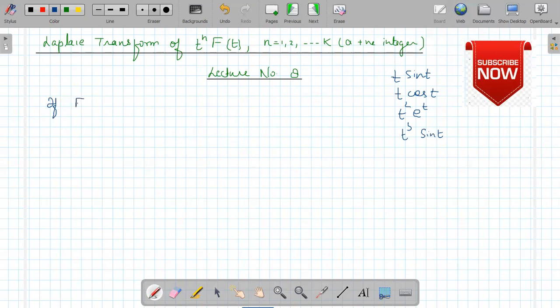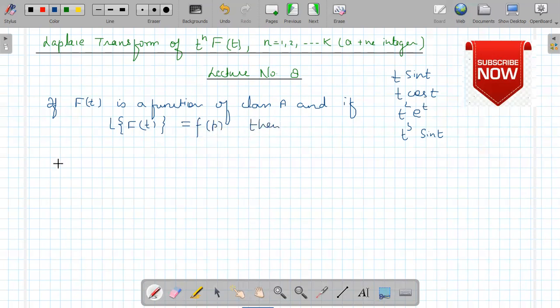So if say f(t) is a function of class A and if its Laplace transform is say F(p), it is a function of p, then if we multiply this function by t, that is the function becomes now t f(t), then Laplace transform of such function is nothing but